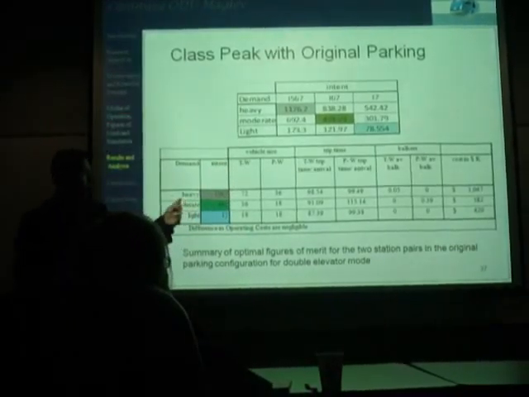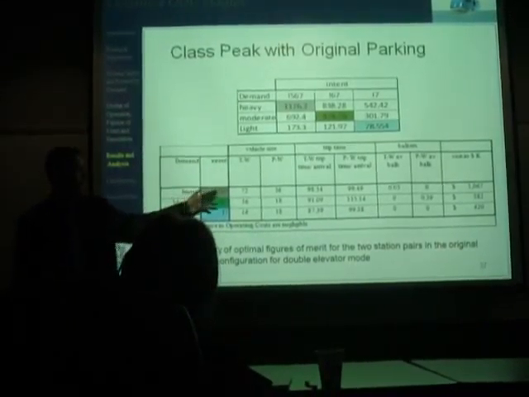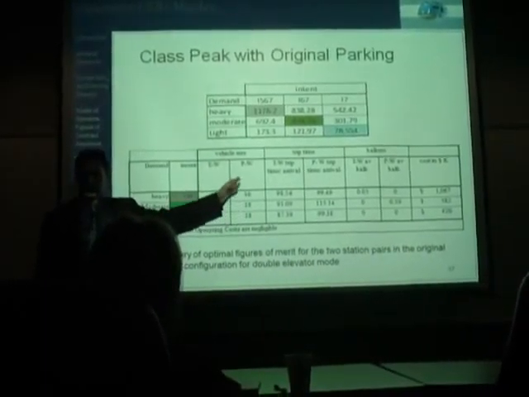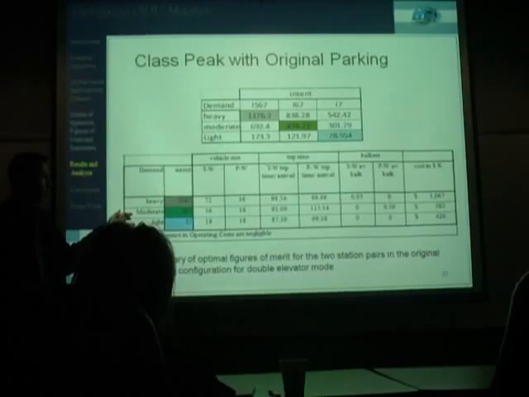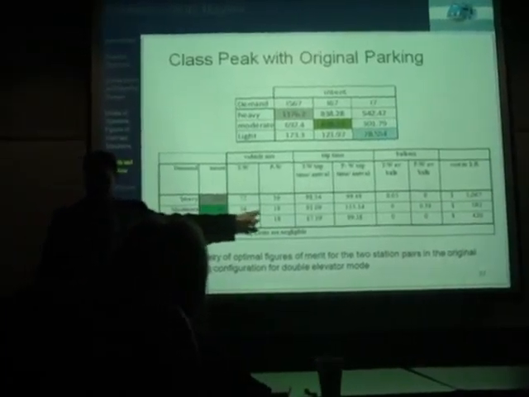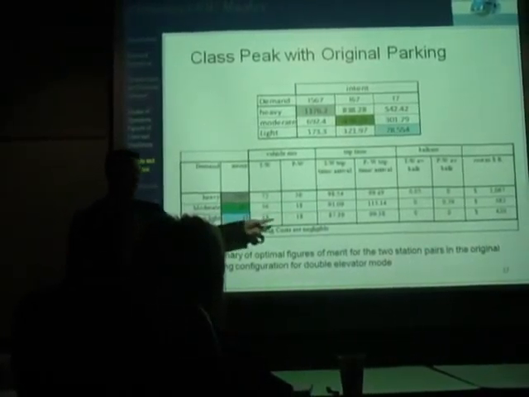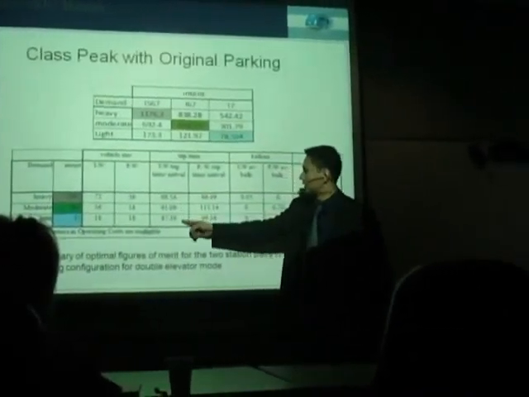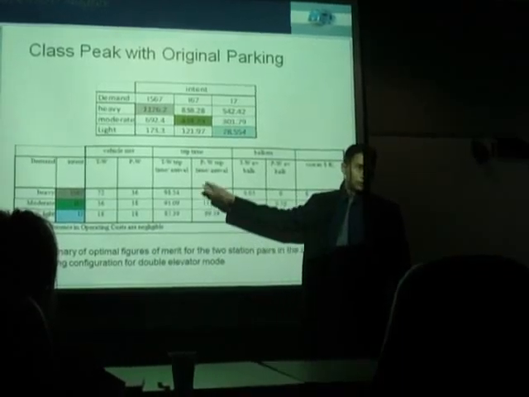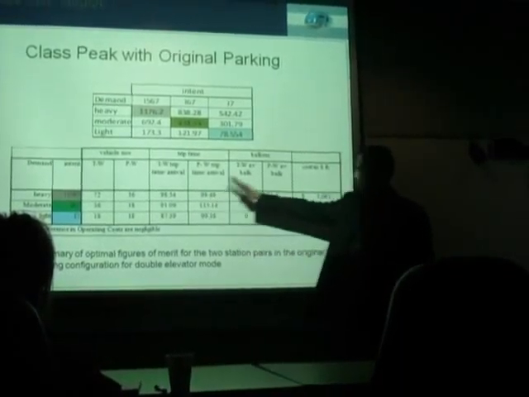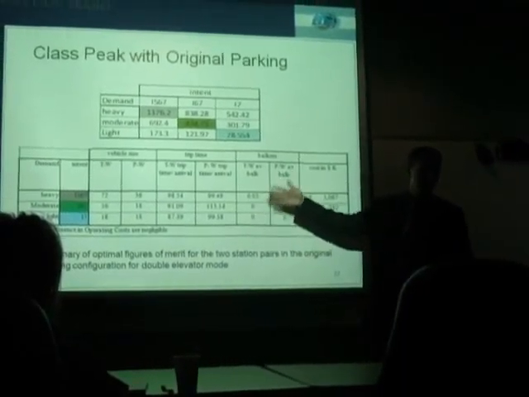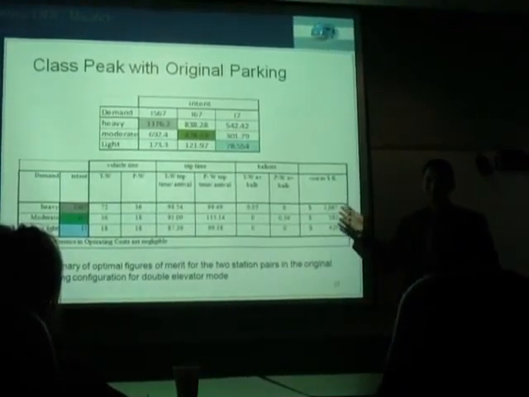So the vehicle size for a heavy demand class peak is 72 seats for TED to Webb and 36 seats for Powhatan to Webb. For moderate, as you can see, it's 36 and 18, and light, 18 and 18. Corresponding to optimal trip times, these are the optimal trip times possible. Corresponding to optimal balkers, there's negligible, it's almost zero. But now